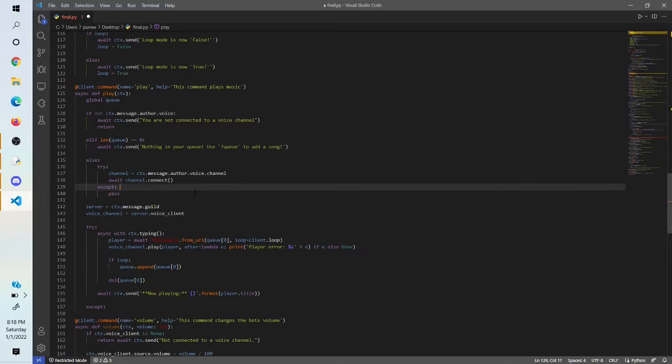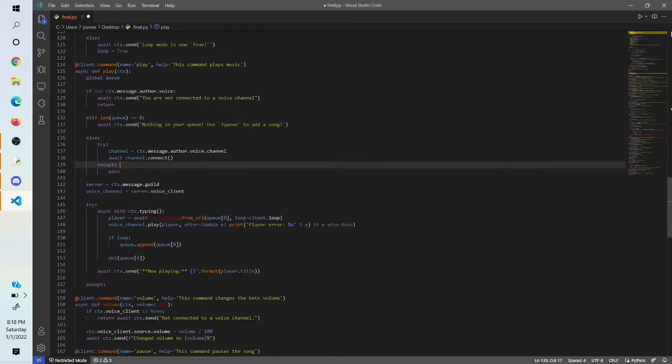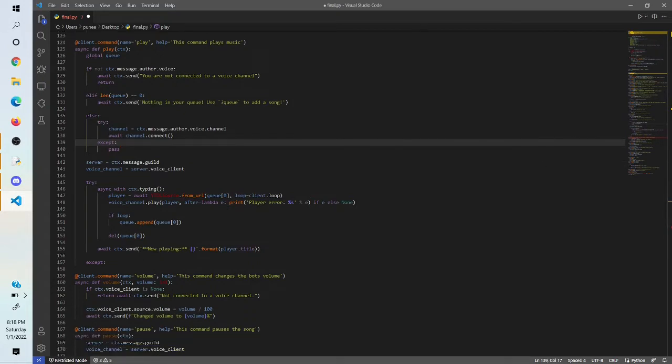Okay, guys. So that's good. We've got that worked out. Now what we want to do is add autoplay. And we can simply add autoplay with, basically, while we have something in our queue,